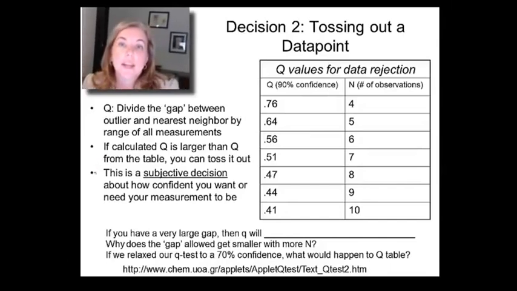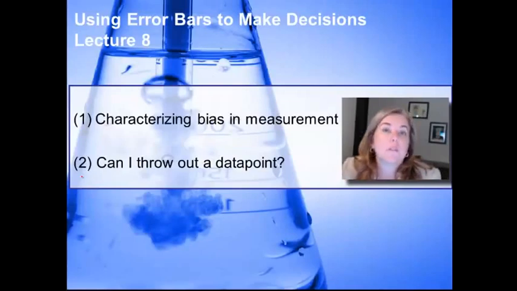So I wanted to make you aware of it and drill into your head. You can't toss out a data point unless you've applied the Q test and found that indeed the Q of the outlier is greater than the Q values from the table. So that brings me to one of the 2 examples I wanted to talk about, how to figure out if there's systematic error in a data set and when to toss